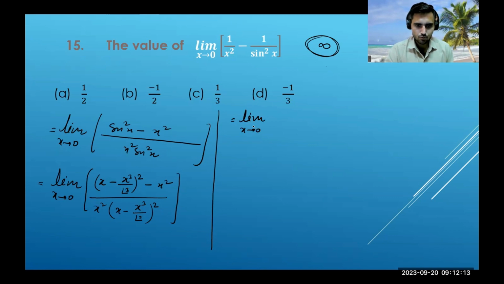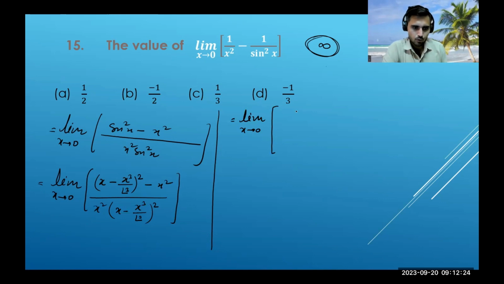I'll write here limit x tends to 0. So we'll open the whole square: x square, and plus x raised to the power 6 upon factorial 3, which is 6, and the square then becomes 36, right? And minus x raised to the power 4 upon 6, but we have 2ab, so the 2 will be cancelled out, so we'll get 3, right? Minus x square,